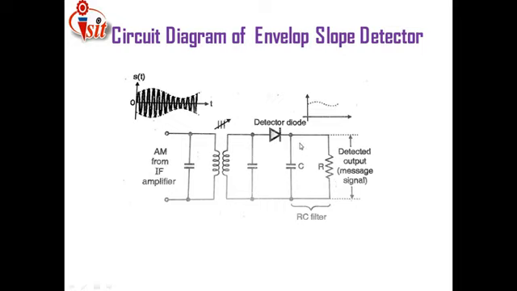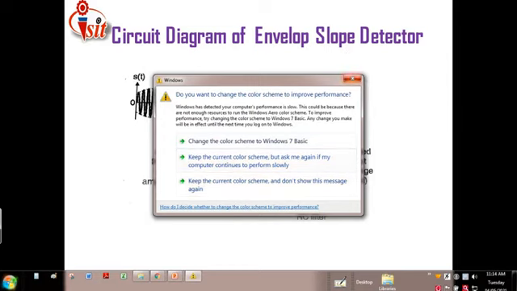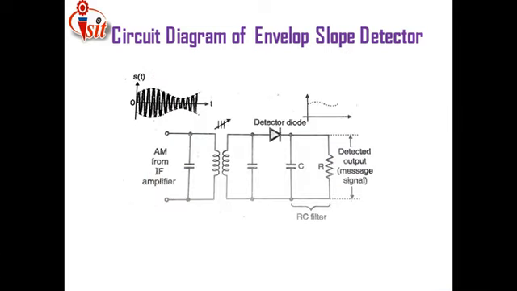Look, what we want is that curve as it is, the demodulated one. That means what we want is the detected output as a sine wave. For that purpose we have to design exactly this circuit to produce the output. That output is nothing but whatever input signal we have applied as the modulating signal. So what we have to do is design the R and C components used here with exact values.